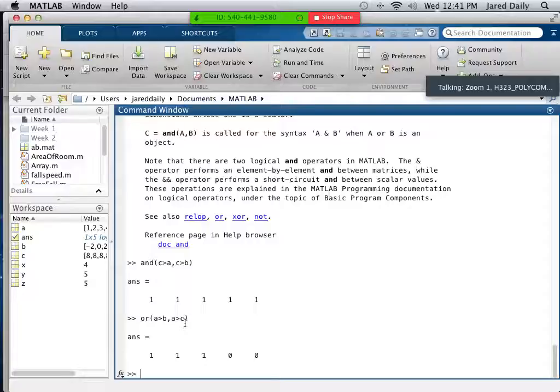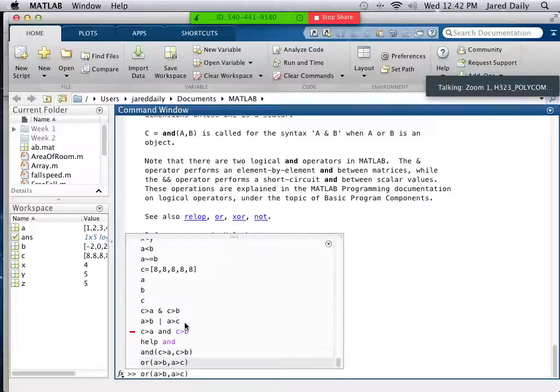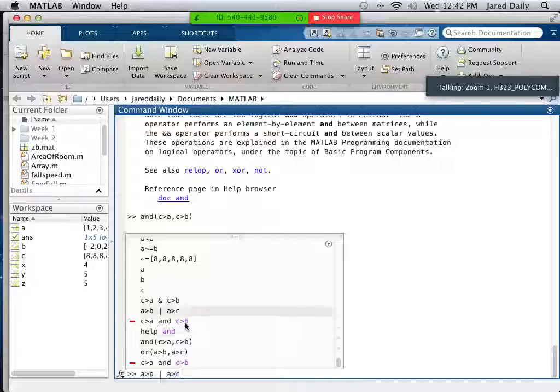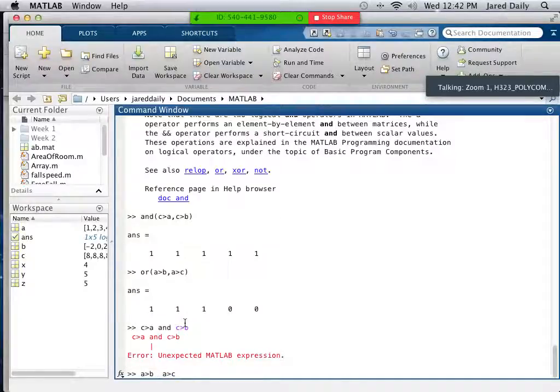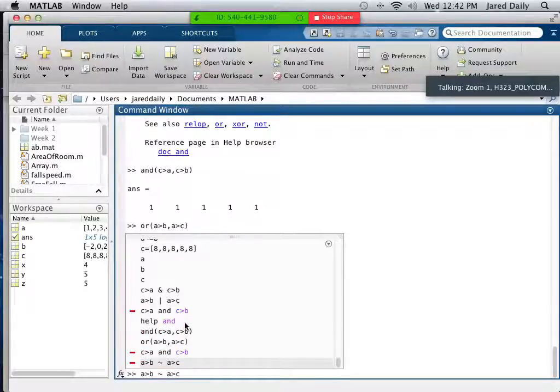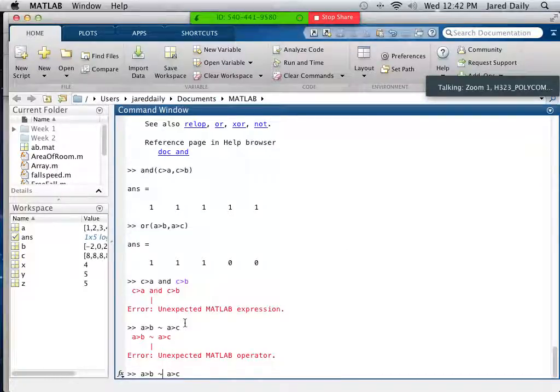So the NOT operator, let's go up here to this one, oops. Use the NOT operator in here, which is this guy right there. Maybe not. Oh, can't use it in that case, but we could use